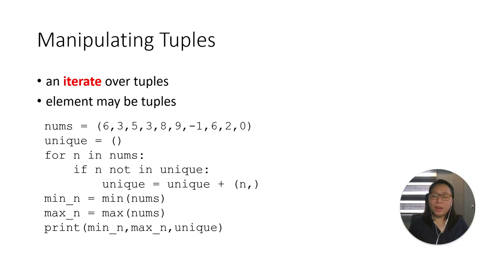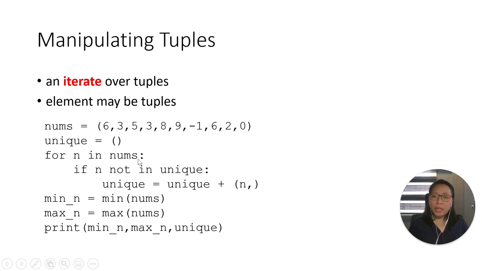We have a variable or a name unique that initially is an empty tuple, and we go through each element of the tuple using this for loop. So for n in nums, n will go through every element in the tuple nums, and then this program